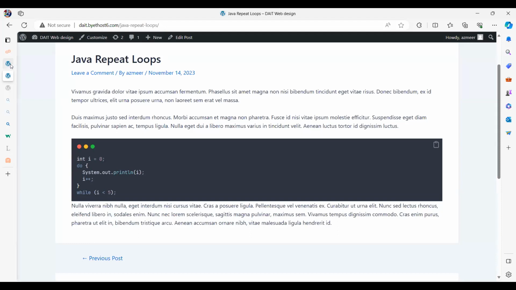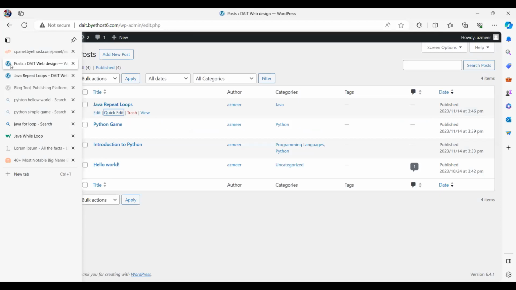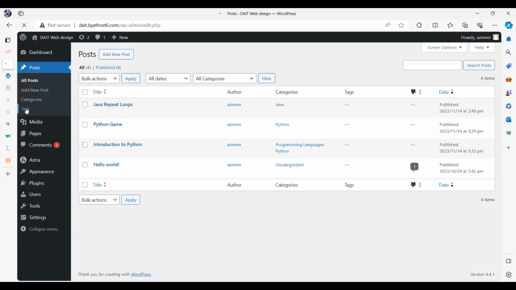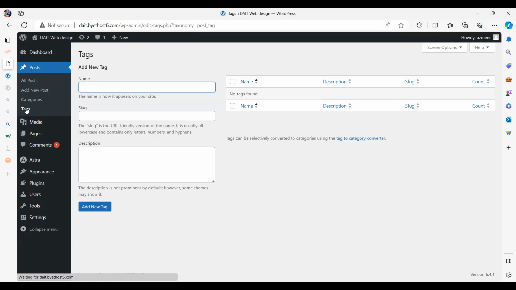Okay. So going back to my post, what else can I do? Okay, one thing is called tags, which we didn't use. Now, tags are like categories, but they are much more broad. You can have all kinds of stuff under tags. Category is more of a high-level hierarchy or high-level way of organizing your article, whereas tags are there to search and find things very easily, right? So, for example, you can have a tag called game.